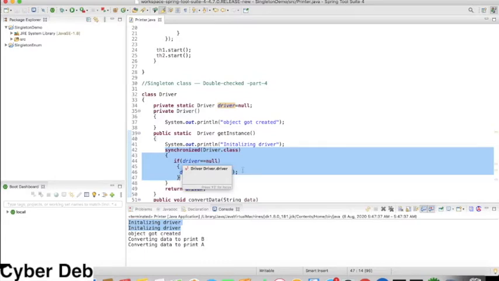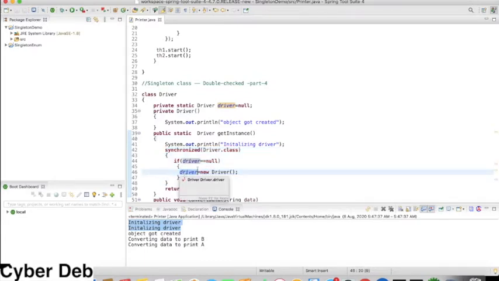If it is not null, then it is not going to create the object of Driver. From the second time onwards, the Driver object is not going to be created, because the thread will not enter into this if block, since we have compared it with null. So that is the reason we are getting the output like this.